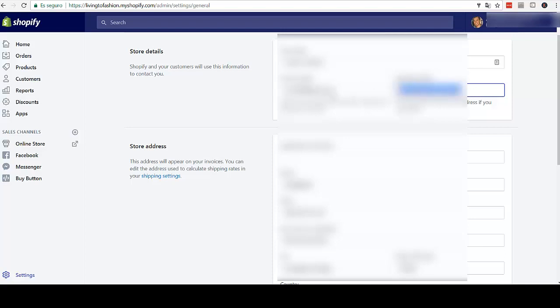So you can link both emails, and you can check emails from your main email. There are a lot of tutorials out there to do that, but your customer will see a different email, which is not like the name of the store, and